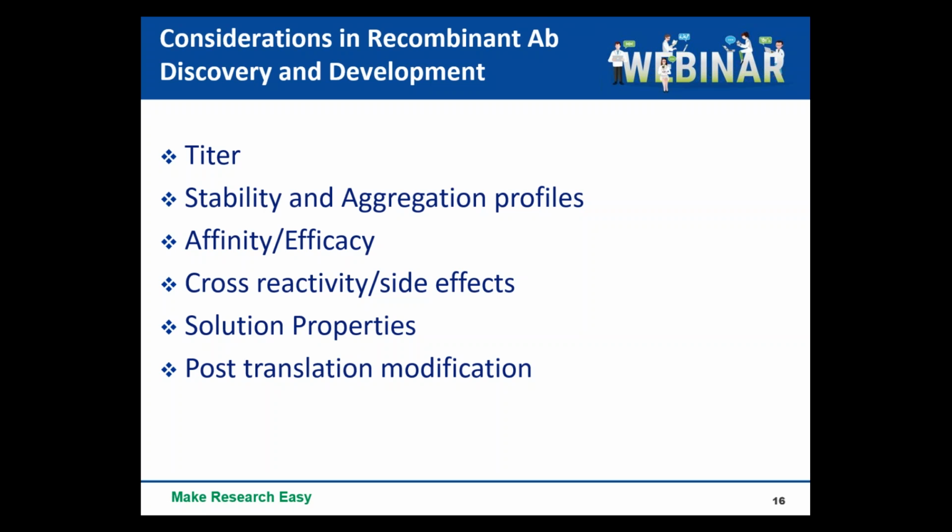Essentially, you don't want to end up with a good functional antibody which tends to aggregate very easily, or tends to go bad very easily because it has lots of post-translational modification during process development. And we also need to look at the cross-reactivity to the same family members of the target to avoid any possible side effects, or to the same targets of other species to help you decide what kind of animal models you could evaluate.